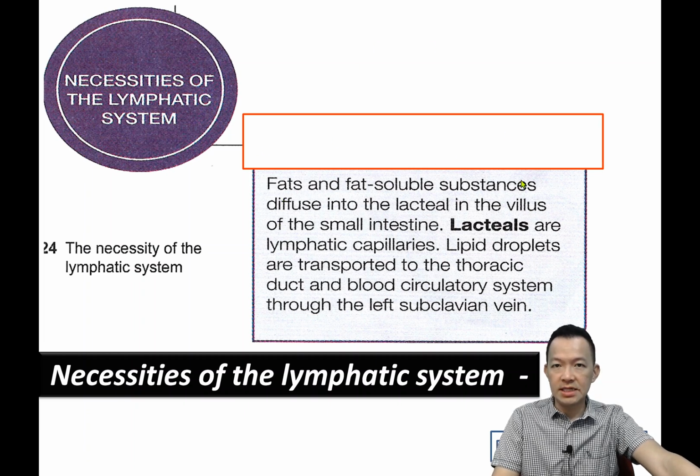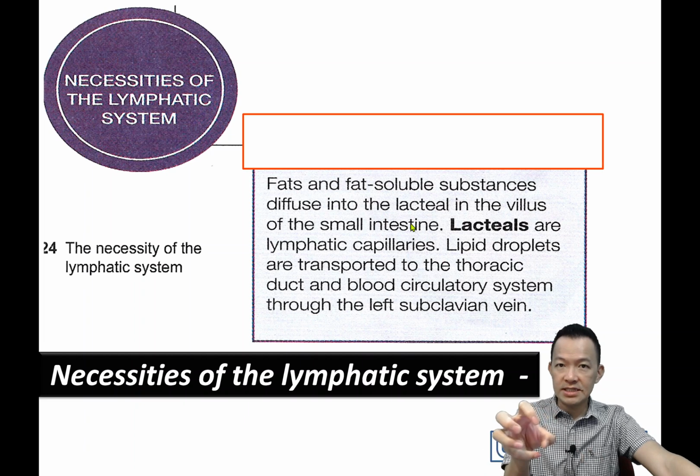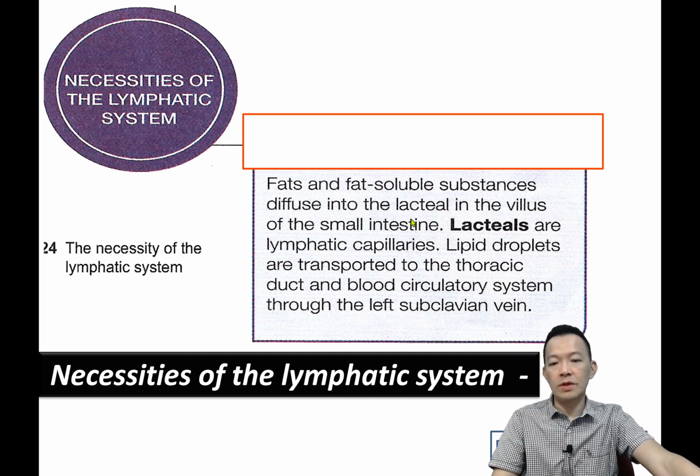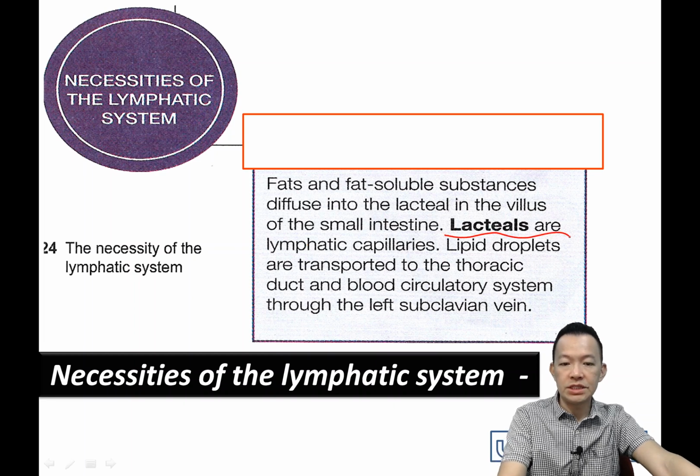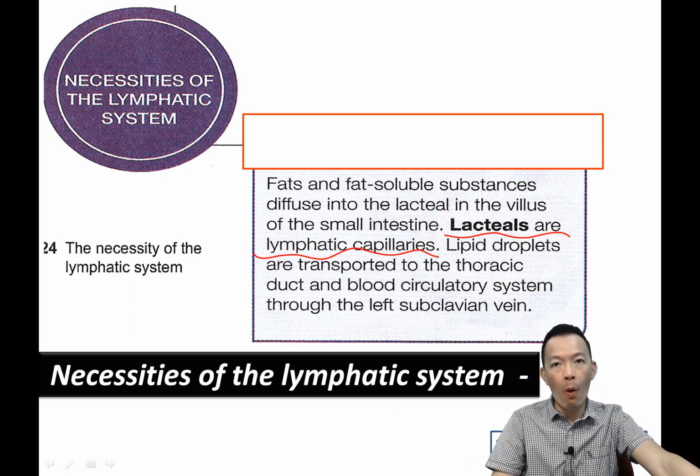Okay, when you digest fat, 当我们的脂肪完全被解散 and the fat soluble substances like vitamin A, D, E, K 溶解在脂肪里面的 vitamin diffuse into the lacteal in the villus of the small intestines. Do you remember? Inside the small intestine, fatty acid, glycerol 还有那些 vitamin A, D, E, K, they'll be absorbed into the lacteal in the small intestine. 它被小肠里面的 villus 的 lacteal 乳糜管吸走，对不对？Okay, and lacteals are lymphatic capillaries. 乳糜管其实就是淋巴微管来的。它其实就是淋巴系统的管道来的。